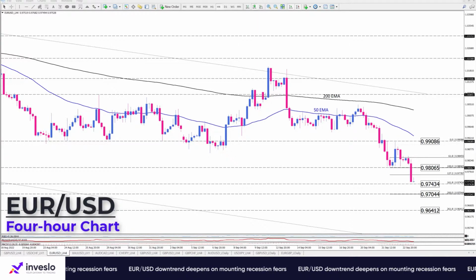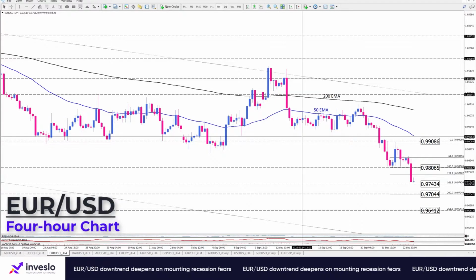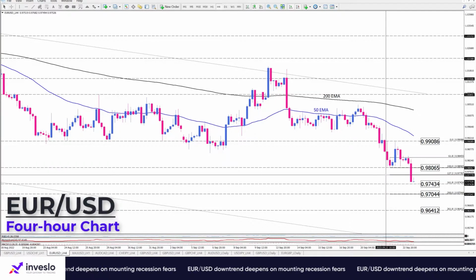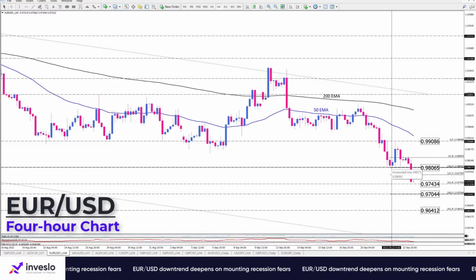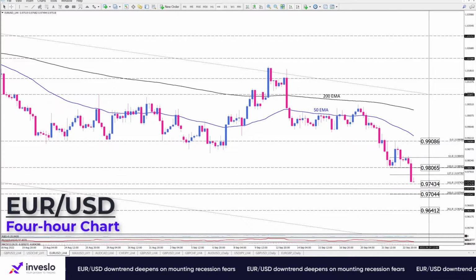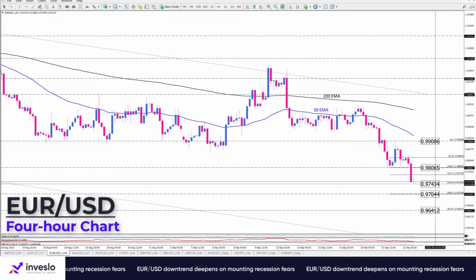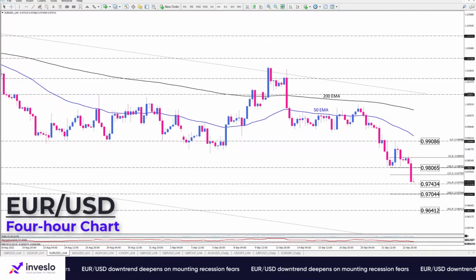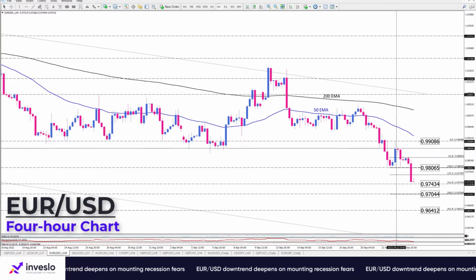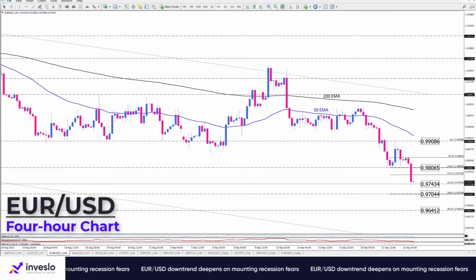Again, as we can see here on the 4-hour chart, a decisive break below the 0.98065 barrier paved the way for euro sellers to try the 0.97434 hurdle around the 161.8% Fibonacci projection of the last upswing from 0.98065 to 0.99086. If selling pressure intensifies at this level at